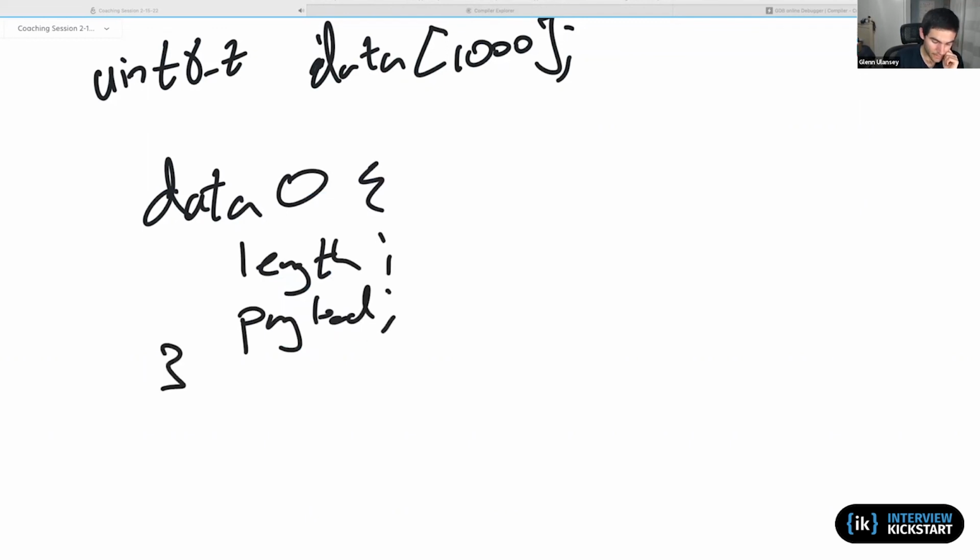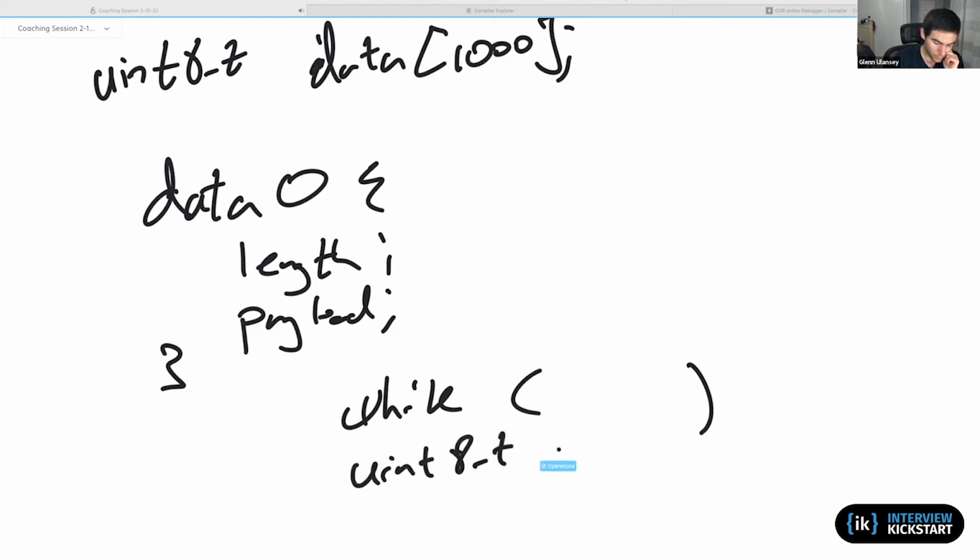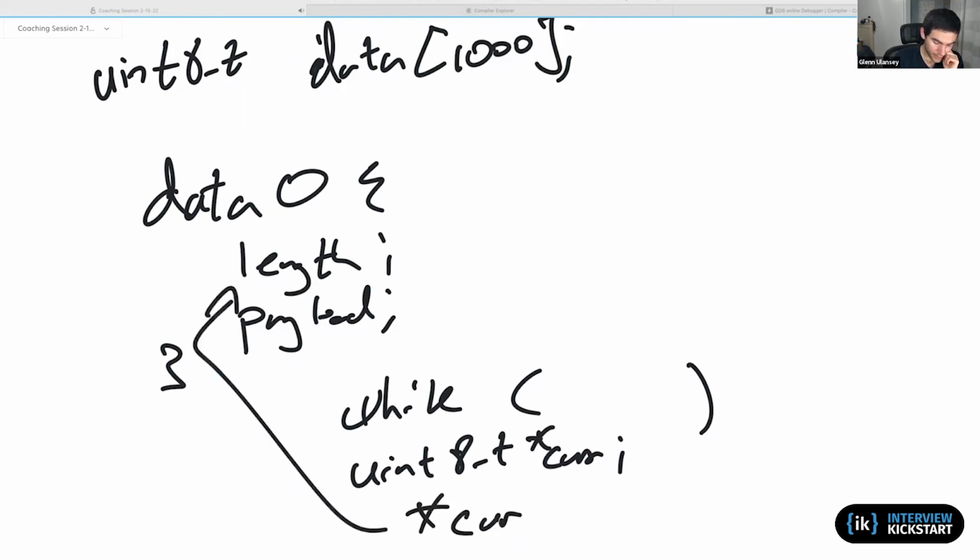Something like that. So what I would need to do, if I was going to write a while loop that iterated over all of your data objects, is keep a current pointer, and that current pointer would have underneath it this length.